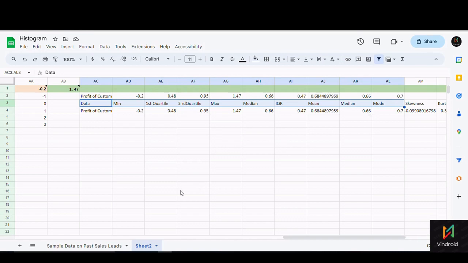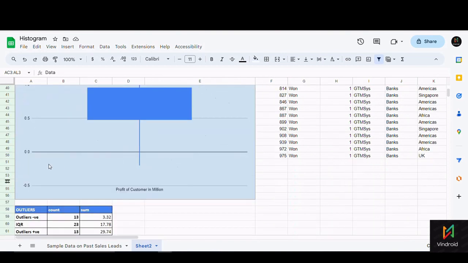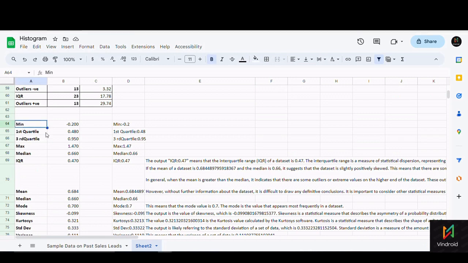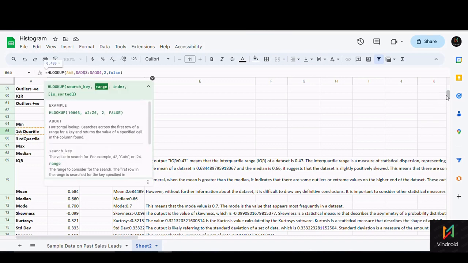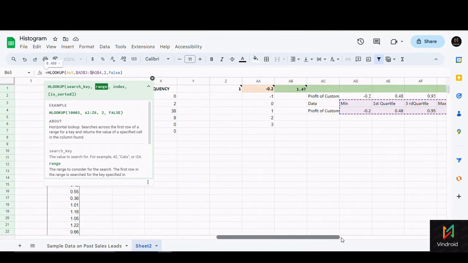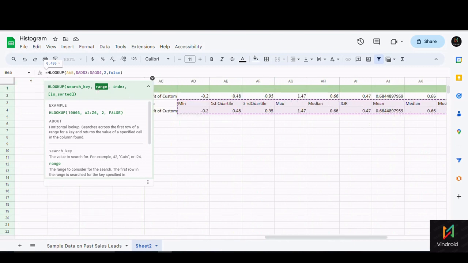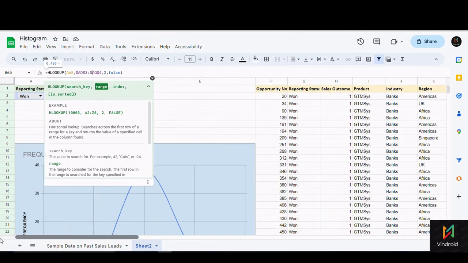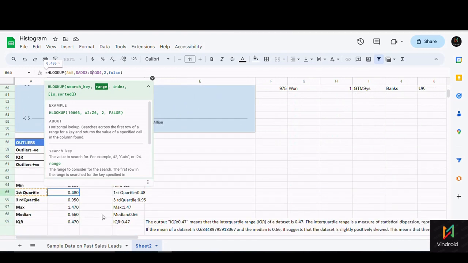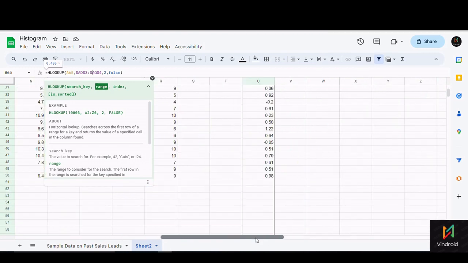So how we'll do it is that we use the formula called HLOOKUP. HLOOKUP will look at A65. A65 is nothing but this, and it will return the range of the value from AD3 to ADQ. So we'll go here and we'll understand this is the data from where the range is being selected, and it will look for this value. So in this case it will look for the value called first quartile. So where is the first quartile here? The first quartile is